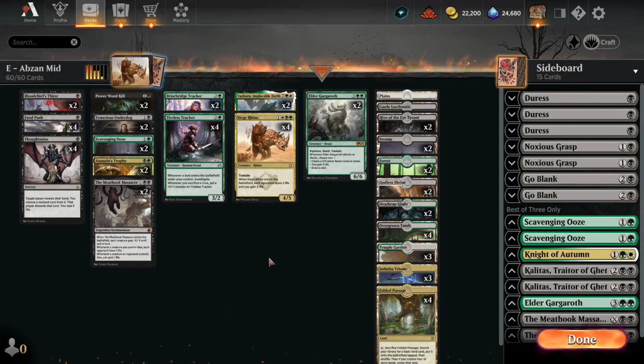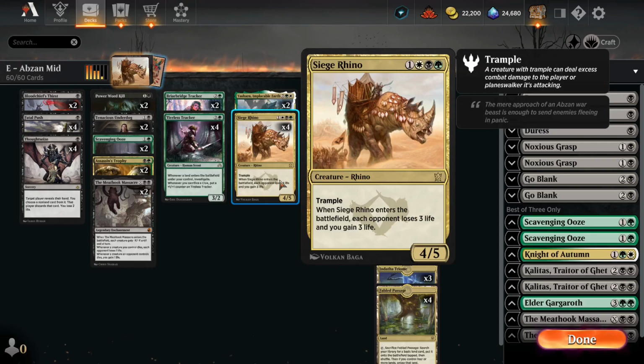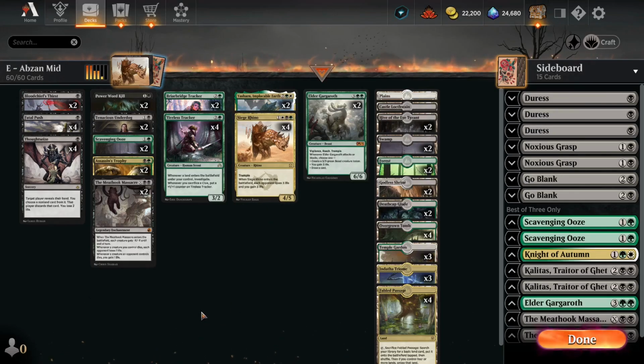And then in the third match, I mulliganed twice and couldn't find the fourth land to play my Siege Rhinos to get back into the game. Instead, I just drew both of my Elder Gargaroths. That's how the cookie crumbles sometimes. I think you need to play more with this deck to know if it's reasonable or not. It's probably not super reasonable, but I do think that Siege Rhino is a good card to play if you're